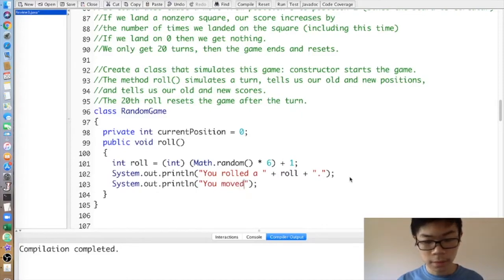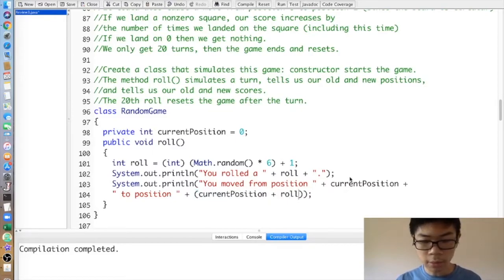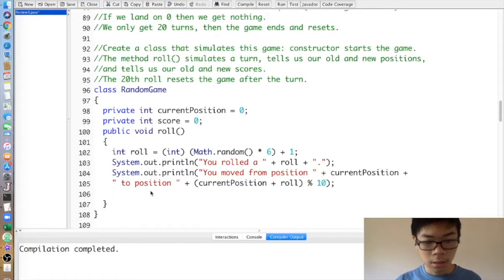You moved from position current position to position current position plus roll %10, something like that. And then our old and new scores. So we need to also keep track of the score. So I print